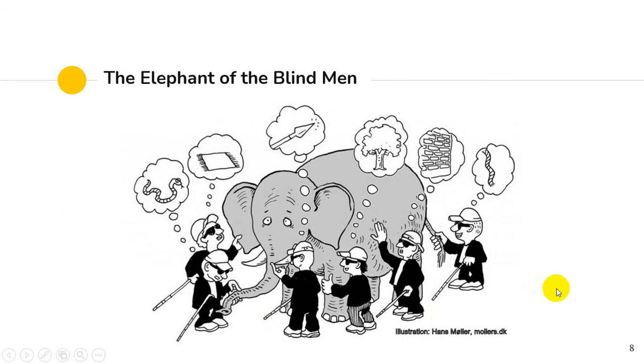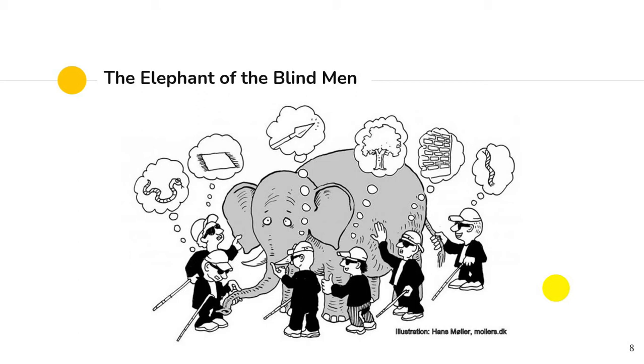Let me show you an illustration which fits our subject today. A group of blind men heard that a strange animal called an elephant had been brought to the town, but none of them were aware of its shape and form. Out of curiosity, they said, "We must inspect and know it by touch, of which we are capable." So they sought it out, and when they found it, they grouped about it.